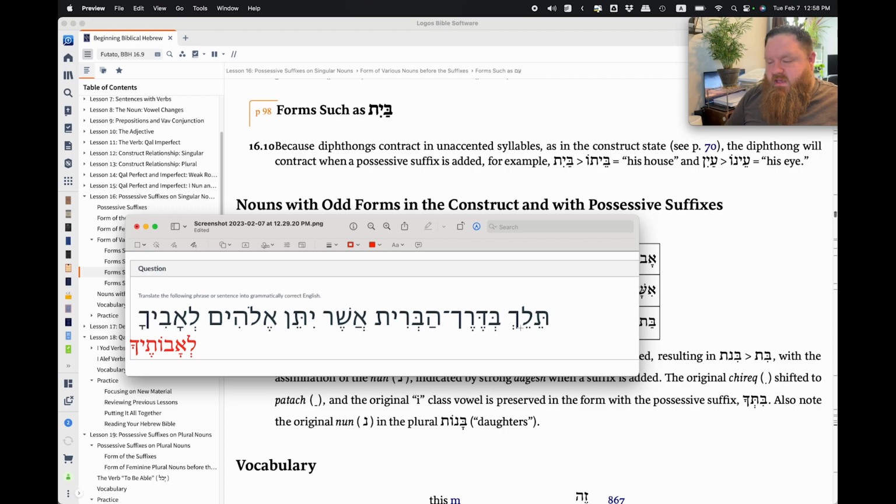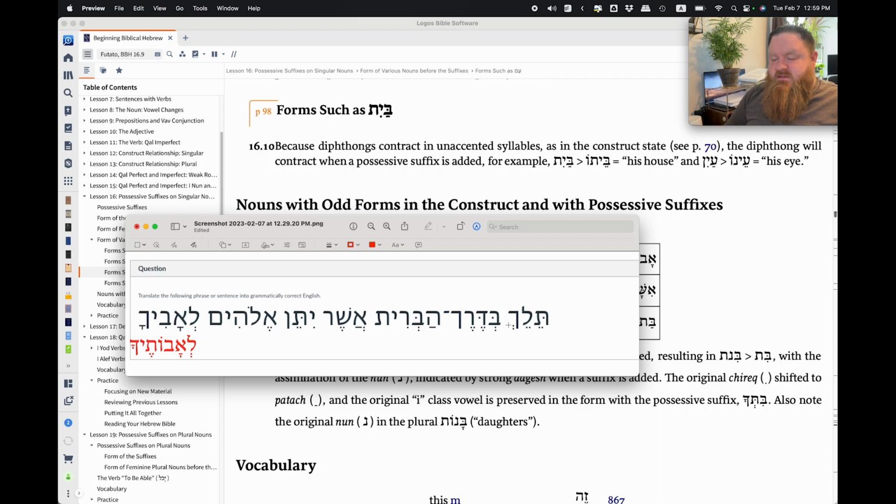If we put it all together now, we get you will, most likely. It could be he will, it could be she will. But most likely this is you. And again, let me explain why I say most likely. There's two reasons. One, the 2ms form is much more common than the 3fs form. Even though they're identical, usually it's going to be the 2ms form. As we look through here, again, it's possible that this second person pronoun is unrelated grammatically to the main verb, but as we translate through, we'll see that actually the sentence doesn't make sense to have this 2ms suffix if this is a third feminine singular. So we're going to go with the 2ms, you will go, or you will walk,